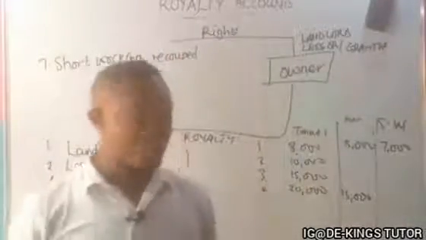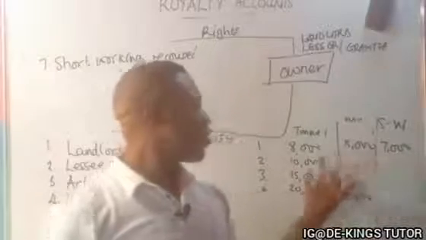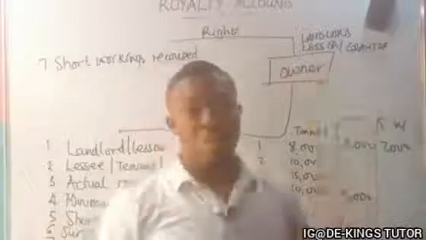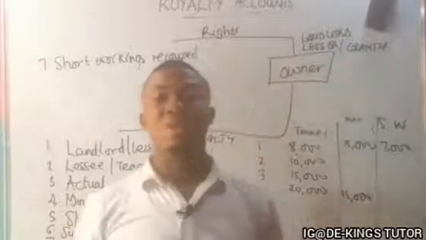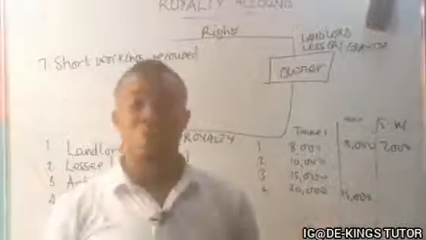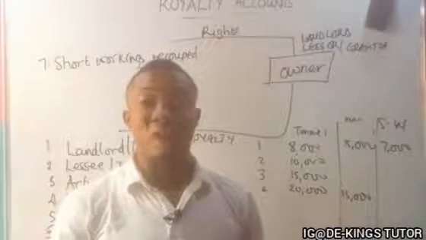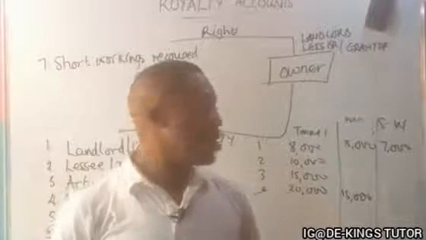Now, like we said before, there are some years in which they will have short workings. Now, the landlord, based on his good heart, may decide that, due to the fact that in some years you might make below, and you have to look for other money to put together to pay me my minimum rent,